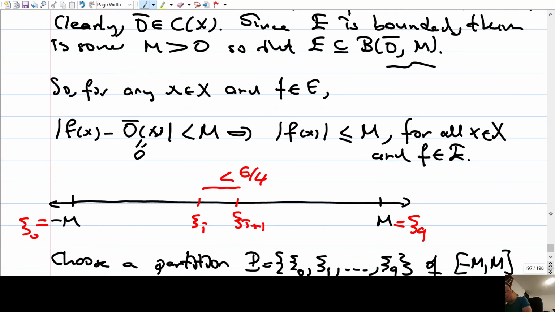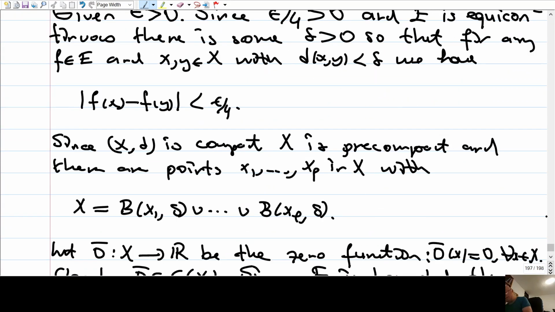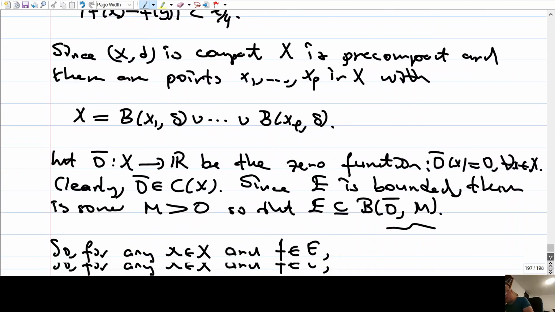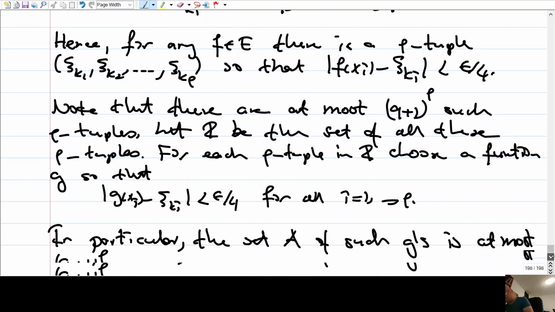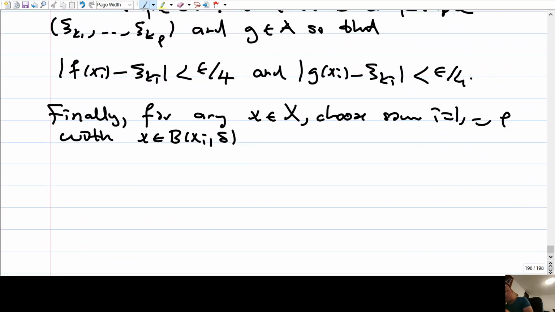Remember, my metric space, since it is precompact, can be written like this. So whenever you give me a point, it lies in one of these balls, so it is delta close to one of the centers. And thus